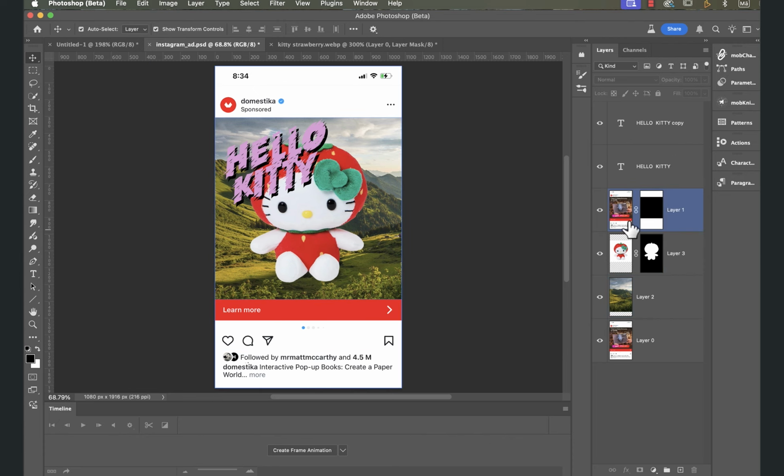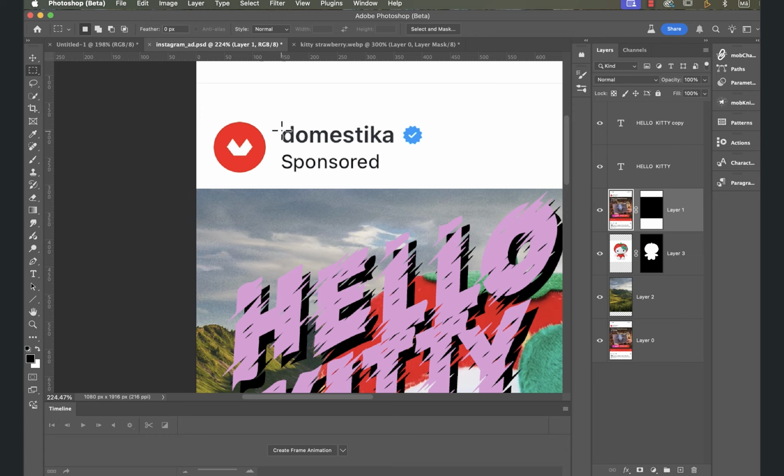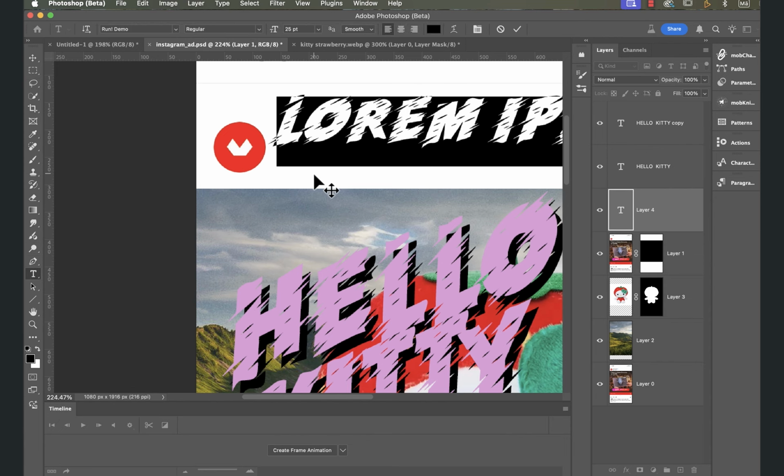What some of the other students were doing, if I go to this top one, they were actually playing around with this text. So all they were doing was putting a square over it. White is my background color, so if I hold Command Delete or Control Backspace on a PC, it'll fill it. Command D to get rid of that selection box,